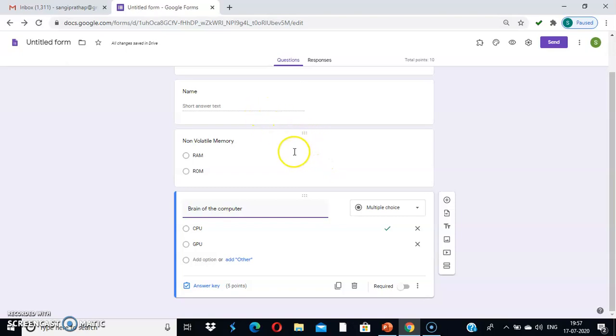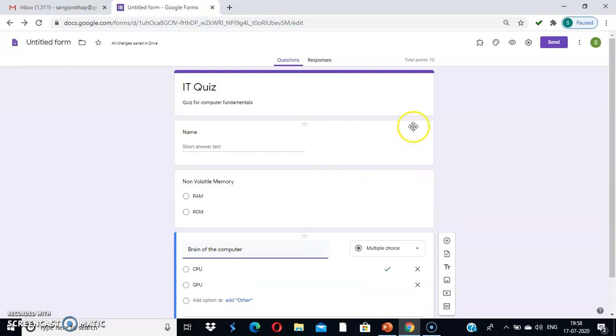At the time of conducting the quiz, we are sending the quiz link to the participants. Through the link, the participants attempt the quiz. At the end of the quiz, if the participant secures 50% marks, then he has to get the certificate. In this way, I am going to create the certificate for this form.